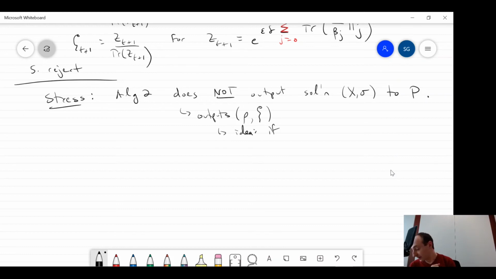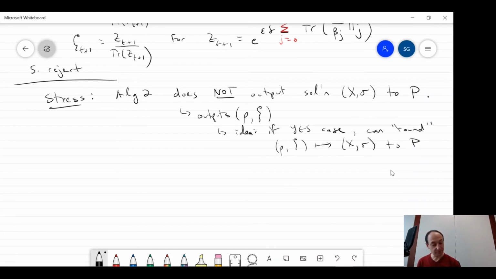If we're in a yes case for this QIP instance, then we can basically round or extract rho zeta to some good solution, sigma, to the primal STPP, okay? And this will be a good solution, and I'll explain what that means shortly. And if we're in the no case,